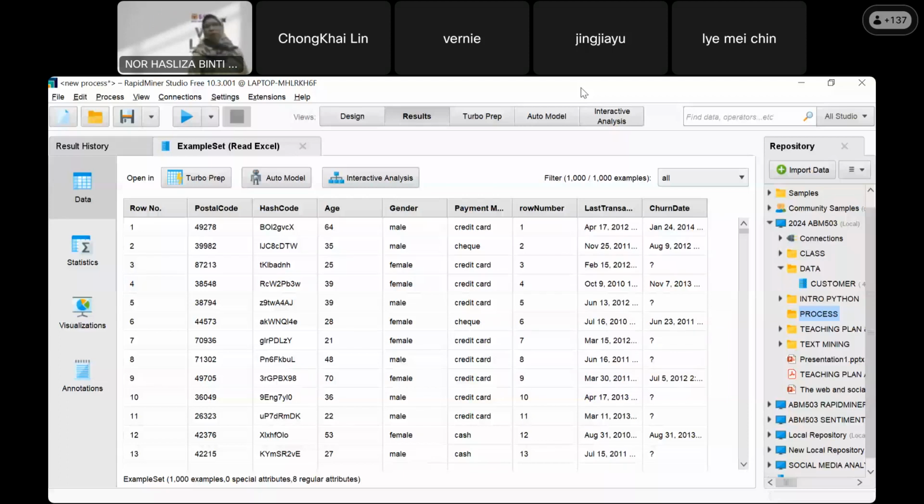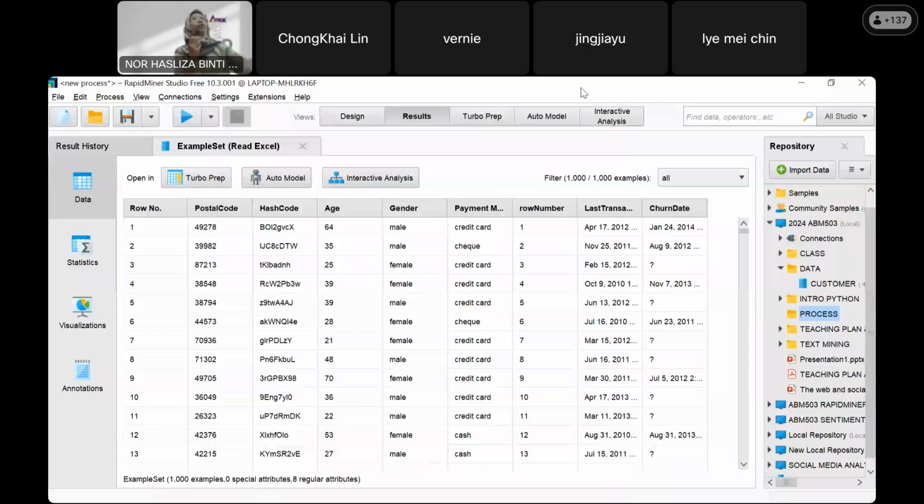I'm not sure. Can you check your WhatsApp group? I'm not sure whether this file I uploaded inside your e-learning or OGL portal or not. No, the new file that I shared with you. Because we're going to the next part.